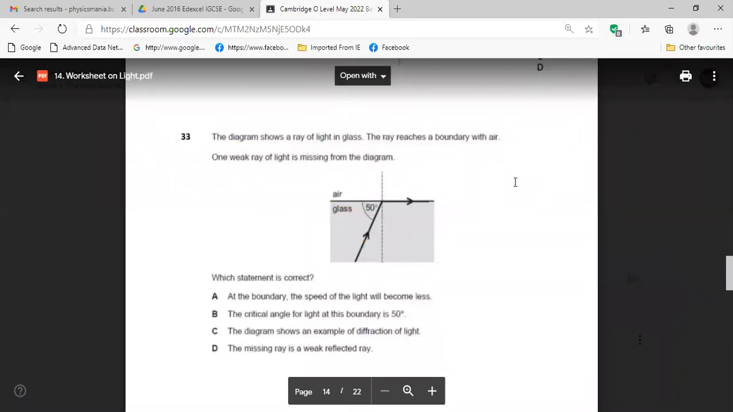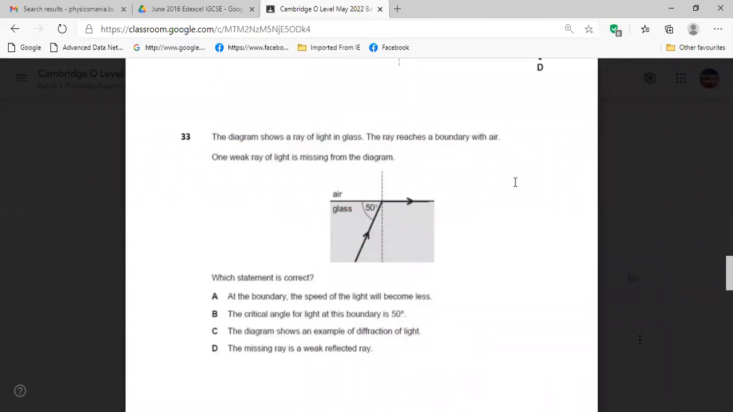Okay, sir. The diagram shows a ray of light in glass. The ray reaches a boundary with air. One weak ray of light is missing from the diagram. Which statement is correct? Okay, so when there is refraction, and it is going from denser to rarer medium, other than having the refracted ray,